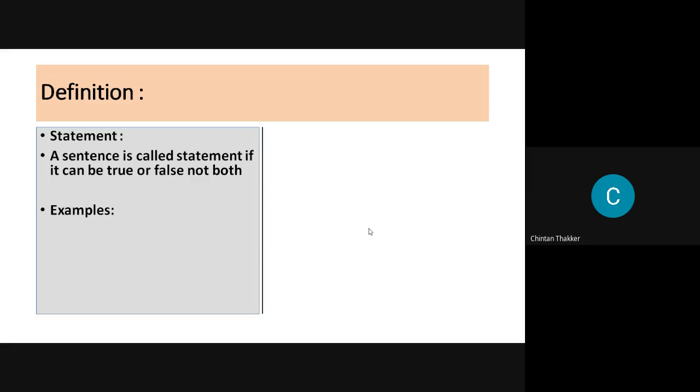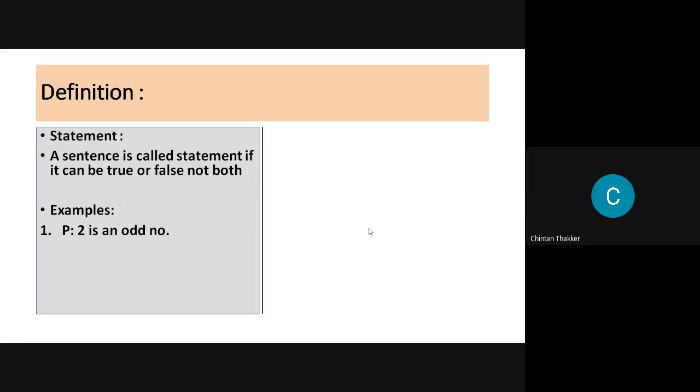Like if we have the sentence 2 is an odd number, here you can say that it is false. Yes, it is false. So this is a statement because we can give this sentence a value. If we can give a value to the sentence, then that sentence is called a statement.